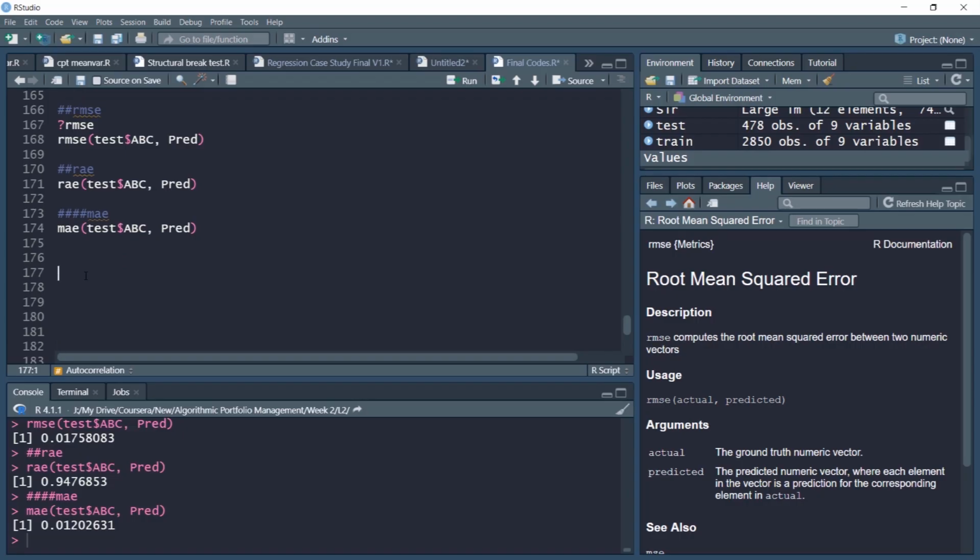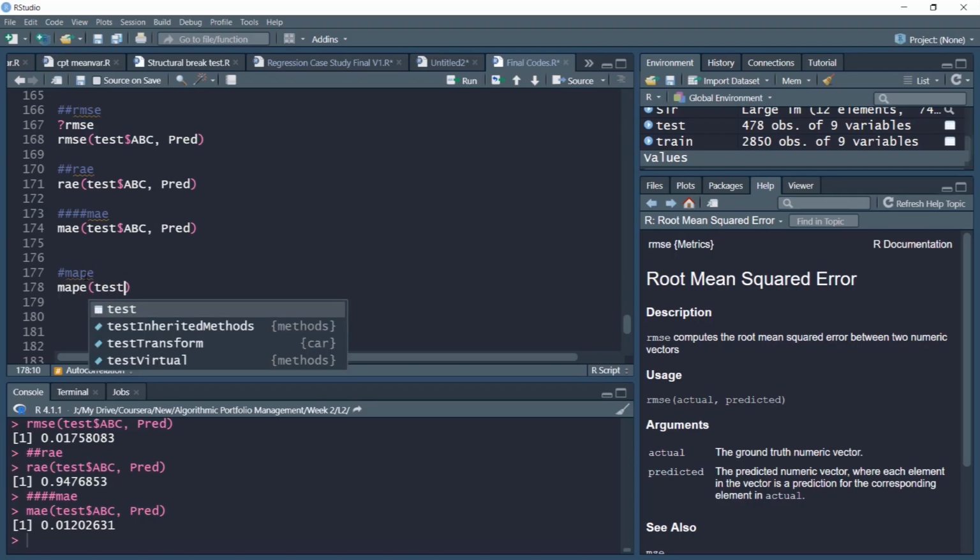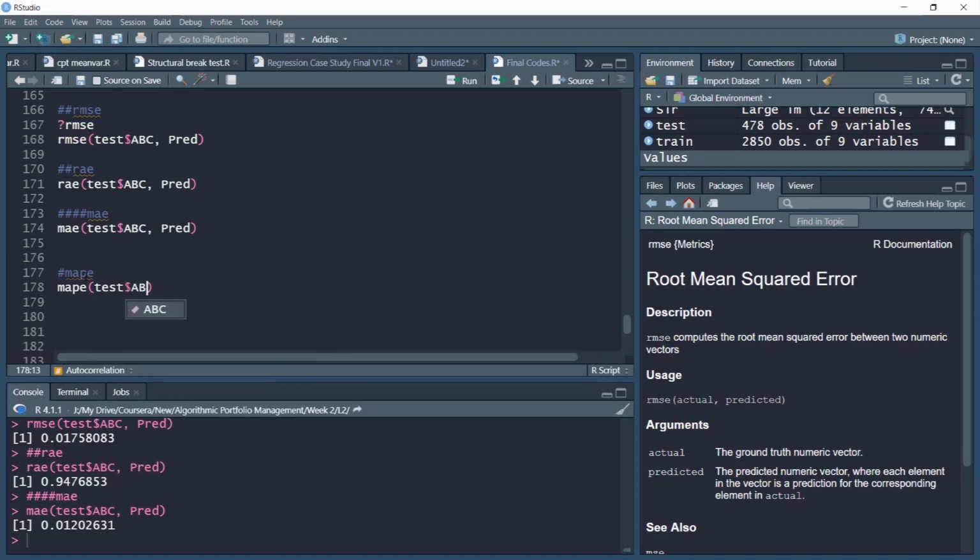Similarly, you have MAPE, another very important and famous measure of error. MAPE computes the average absolute percent difference between two numeric vectors. If you want to compute the MAPE, you can simply type mape, test$ABC and the predicted object. You can compute MAPE also.